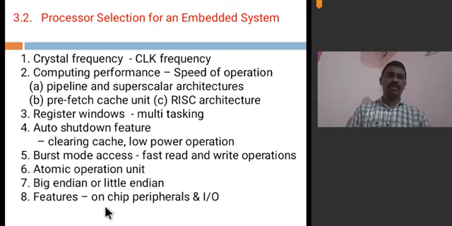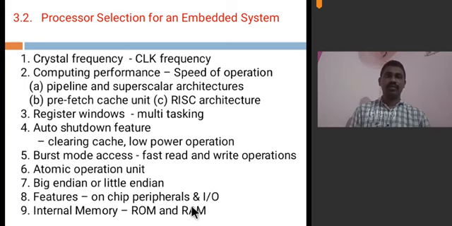And next, the features: on-chip peripherals and I/O. What are the on-chip peripherals that your processor has? Let me say that a controller is also a processing element for building embedded applications. The on-chip peripherals that your controller has, whether it has ADC or DAC, comparator, a timer or not, should be considered while you are buying your controller from the market. And I/O: how many I/O pins are there for interfacing external sensors? For building a big application, you need a large number of I/O pins.